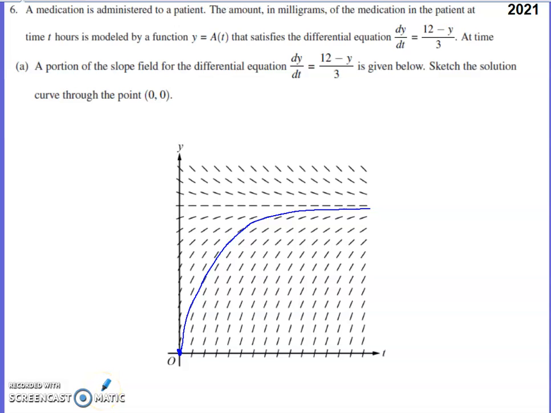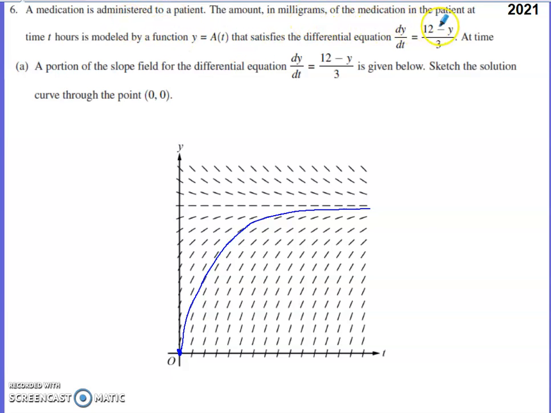So in this video, we will discuss problem number 6 from the 2021 AP Calc AB exam. It's a non-calculator question that deals with differential equations, and there is a little bit of context to it here. So they tell us that we've got a patient that receives some medicine, and then the amount of medicine